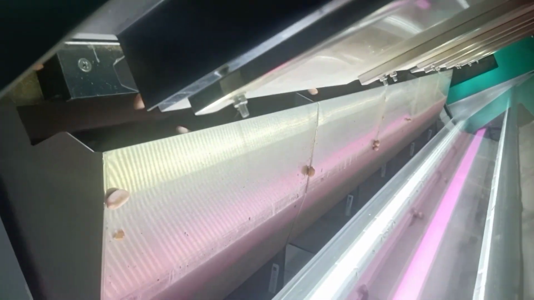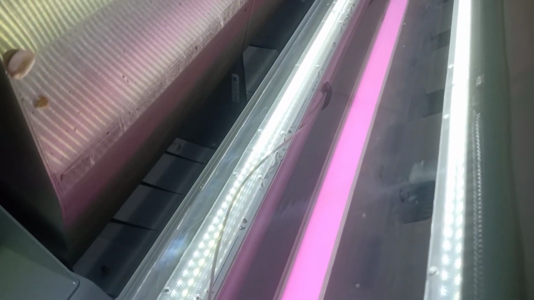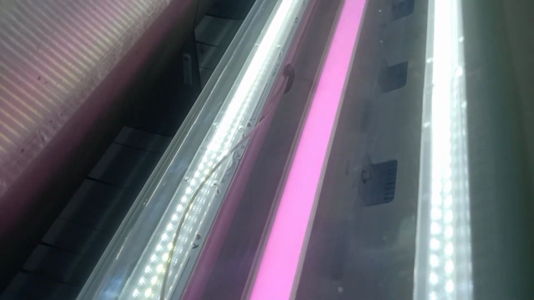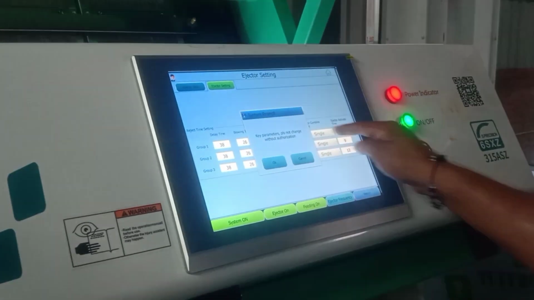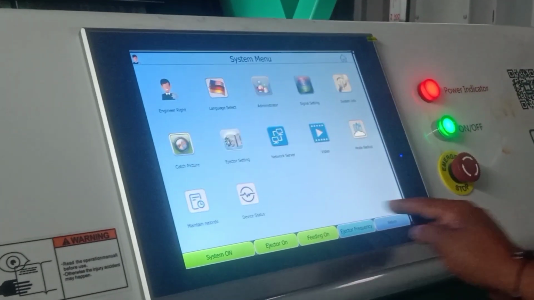Advantages of Sortex machine. High product quality. This machine improves the quality of the products. Efficiency. It is much faster and more efficient than manual sorting. Accuracy. This machine sorts the products very accurately without human error.